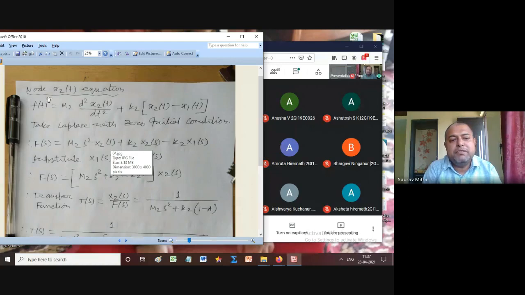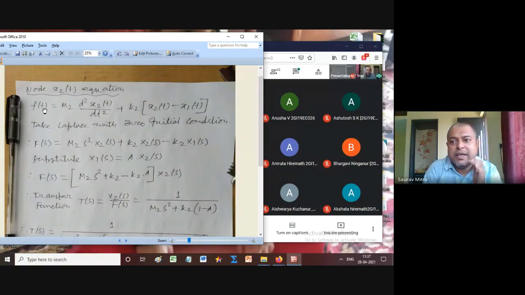So ft, previously it was 0, because whenever you were writing the equation of x1, this was equal to 0. Now it is ft. Ft is the input, so it is the voltage given. This is the first loop. Whenever we are writing the loop equation, we are giving the input voltage V. There is a first loop and a second loop. Only in the first loop is the V in there. In the second loop, the net voltage given is 0. Previously we did the second loop equation. Now you are doing the first loop equation with supply voltage.